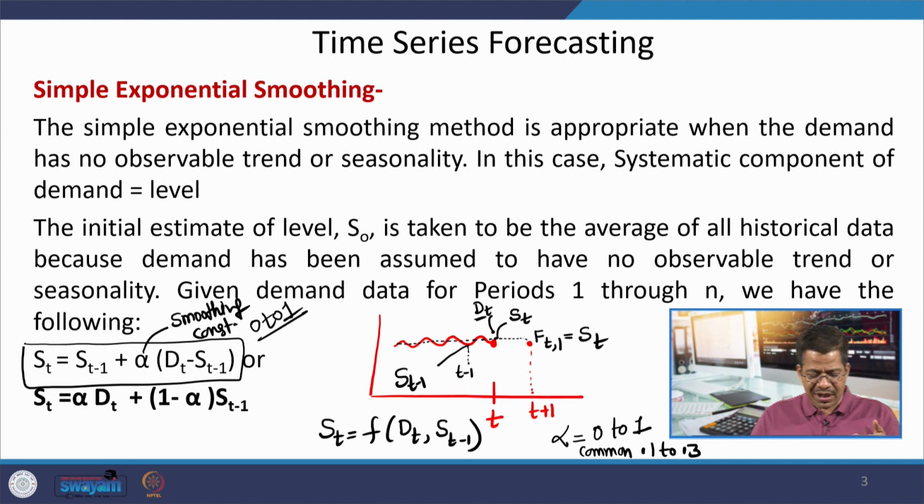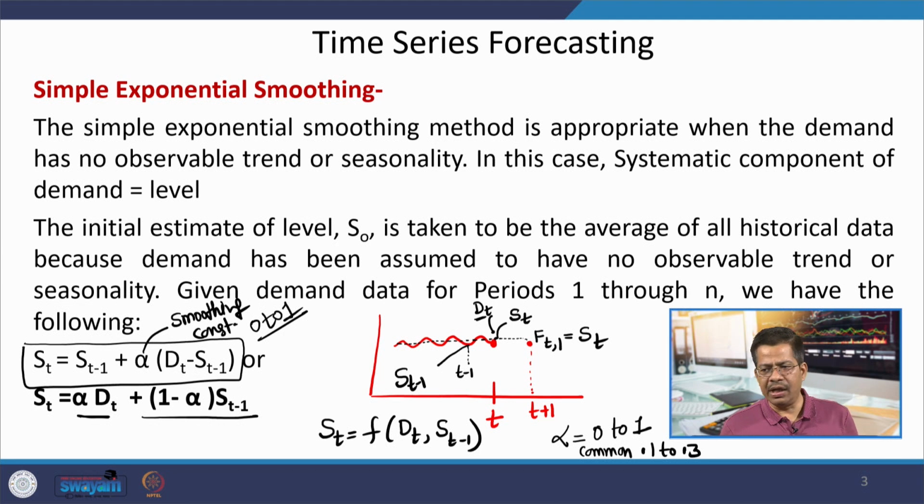Now, if you simplify that, this becomes alpha DT plus 1 minus alpha into ST minus 1. So, whatever is your current demand, for example, if my current demand DT is let us say